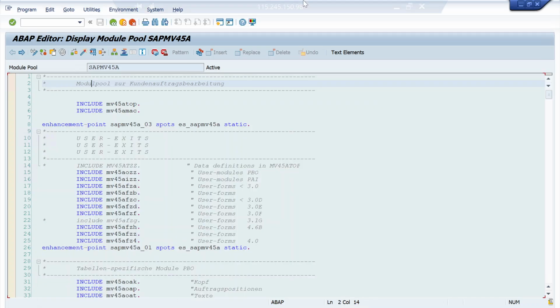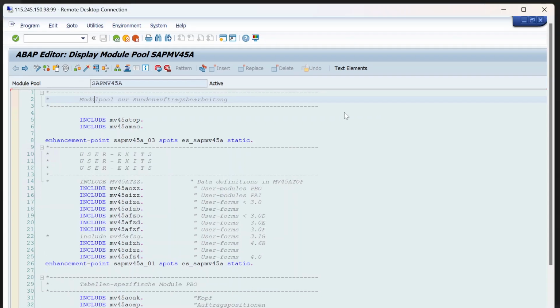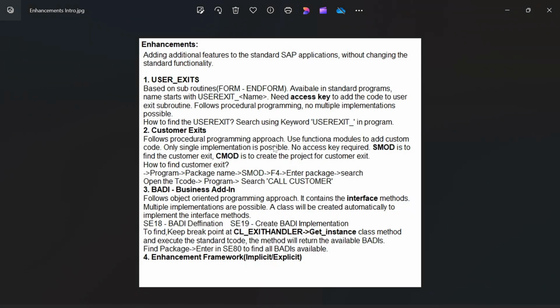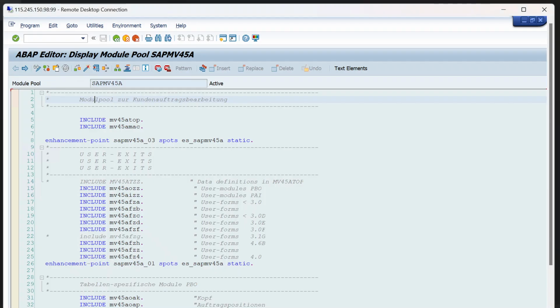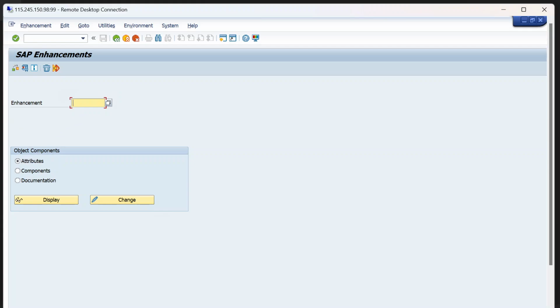So for customer exits, we have two transaction codes we need to use. What are those transaction codes? CMOD and SMOD. We need to use these two transaction codes to implement the customer exits. The SMOD transaction code we use to find the customer exit. Open SMOD. If you already know the customer exit, enter the name here, and for example,